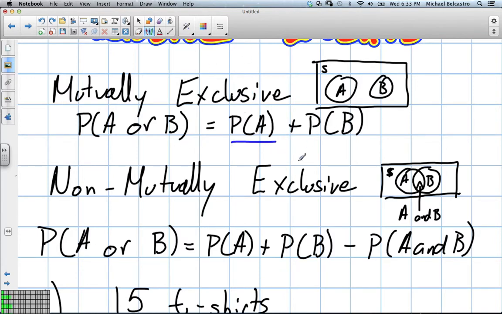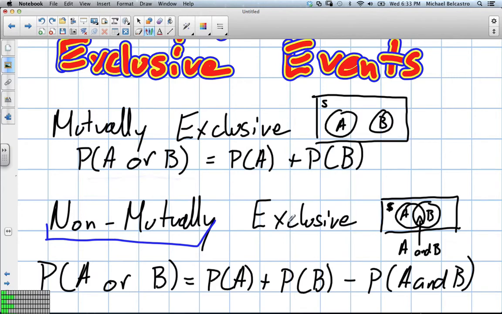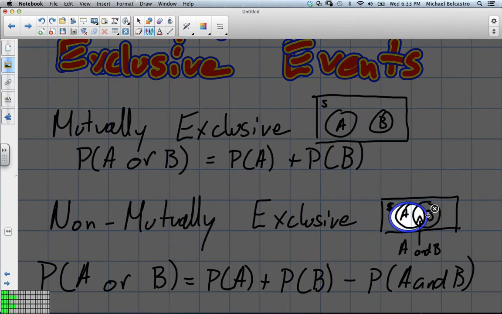You just take the probability of one of them and add it to the probability of the other, and that gives you the probability of getting one or the other. Non-mutually exclusive events are where they actually do affect each other, where there's overlapping in terms of the probability. So this looks like this in terms of a Venn diagram, where A and B,